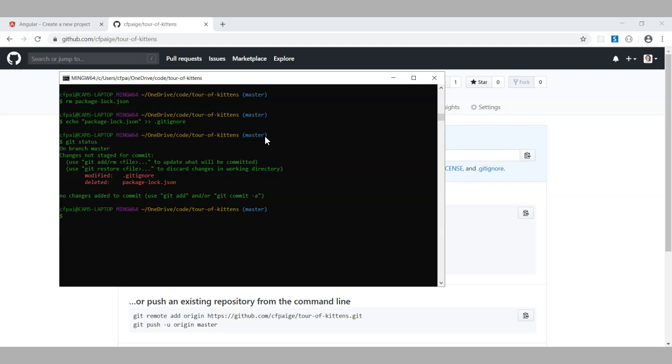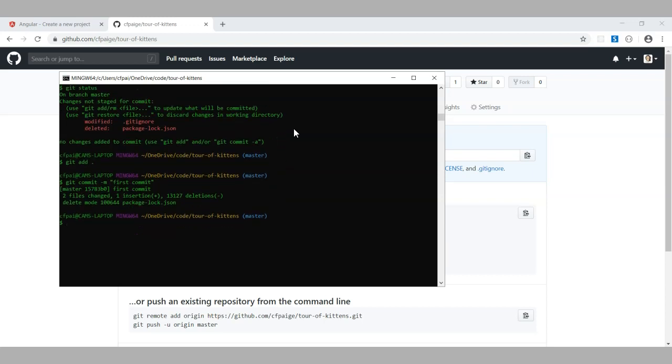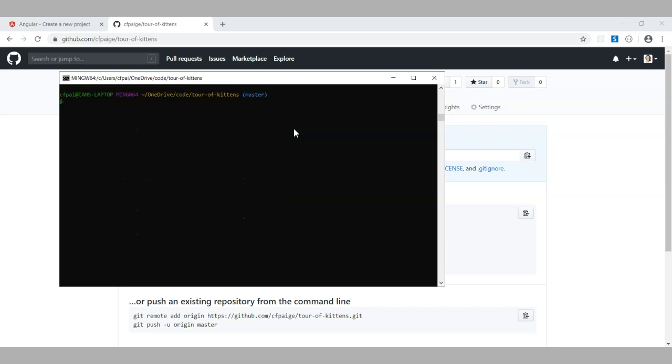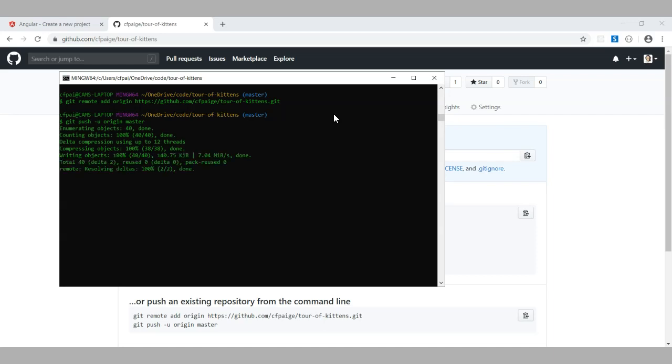Now you know how to add and remove stuff from the command line, but if you don't need any of that, you're coming from GitHub, you're ready to go without any modifications, here's where you start. Git add, all of it, git commit with the m flag, that's your message. I got tricked by Angular, I didn't know it already staged that commit for me, so I called mine first, even though it wasn't. But here we are at last, finally ready to link our local Angular project to the remote GitHub repo. Git remote add origin, then paste your address, and here we go. Now we can git push with the -u flag, upstream origin master. Sending to GitHub, there we go, we are live.